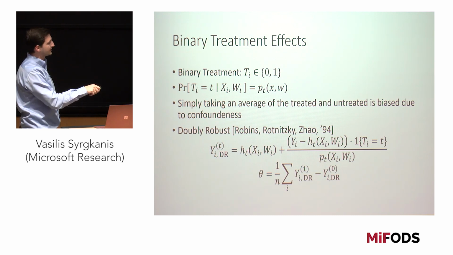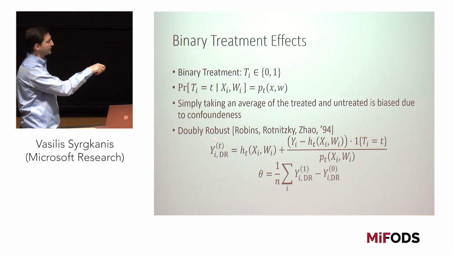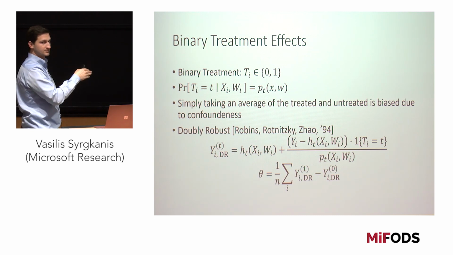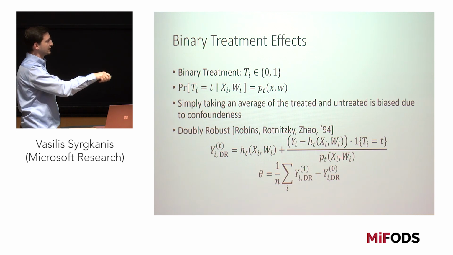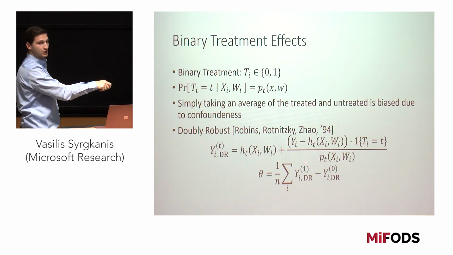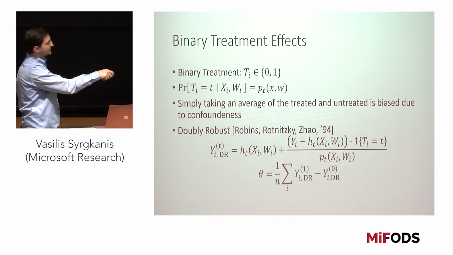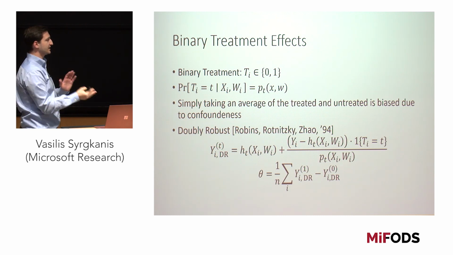Why? Because suppose that H was the correct model, then this difference over here in expectation is a mean zero difference. And so this whole quantity cancels out, and the effect of P on the counterfactual outcome is mean zero. Okay? So P does not really matter in the counterfactual outcome. Similarly, if P was the correct model, then this indicator here divided by this is going to be a 1, and so minus H plus H is going to cancel out, and all that you're going to get is back the inverse propensity model. But this is a better estimator because it has this doubly robust property.